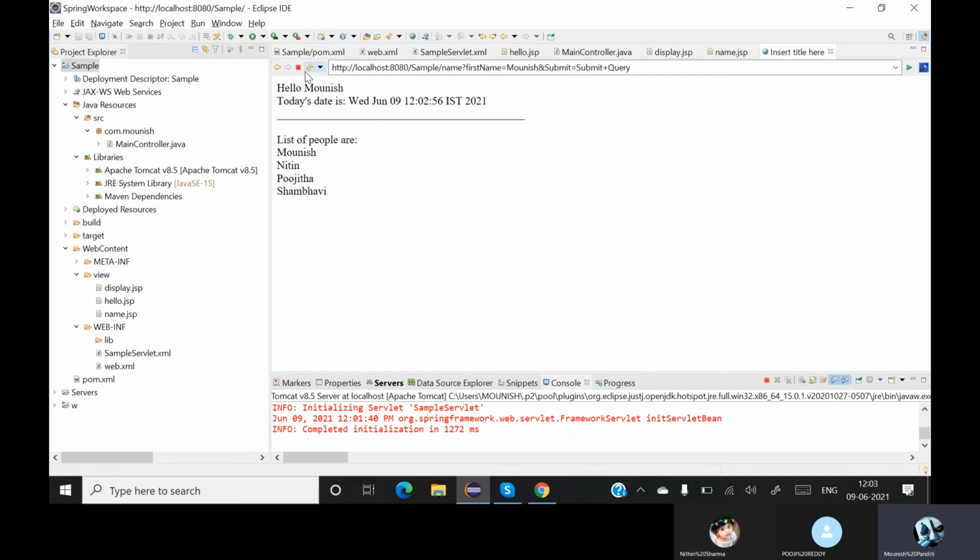Now you have seen how to basically connect all the model view and controller parts, how to create different URLs, different pages. If you see over here, hello is my first ever page. So it is having this slash URL, then you have the slash display URL, then you have the slash name URL.